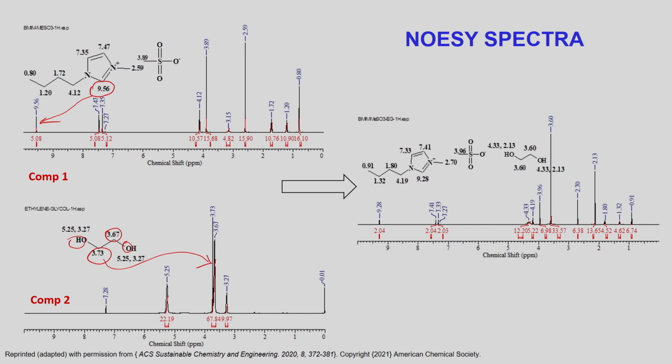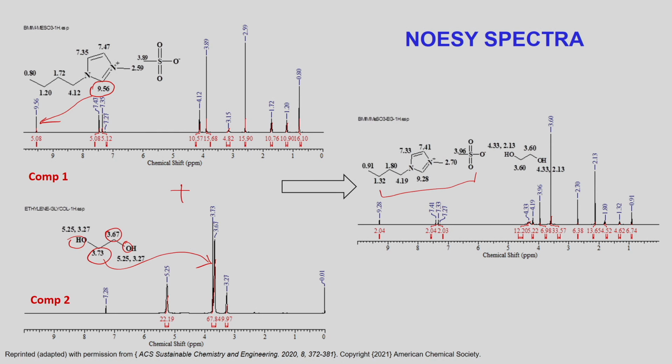Okay, these two are very important. If I mix them together, what happens? You will see we will have all the peaks. So, from this experiment you have seen they are not reacting with each other because you do not have any additional peak. If there is any additional peak, can we tell how they are interacting with each other, that is, which active sites are likely to interact with which active sites.